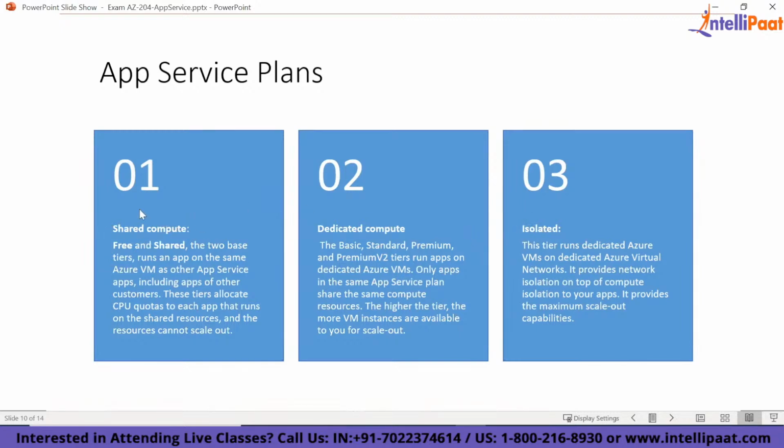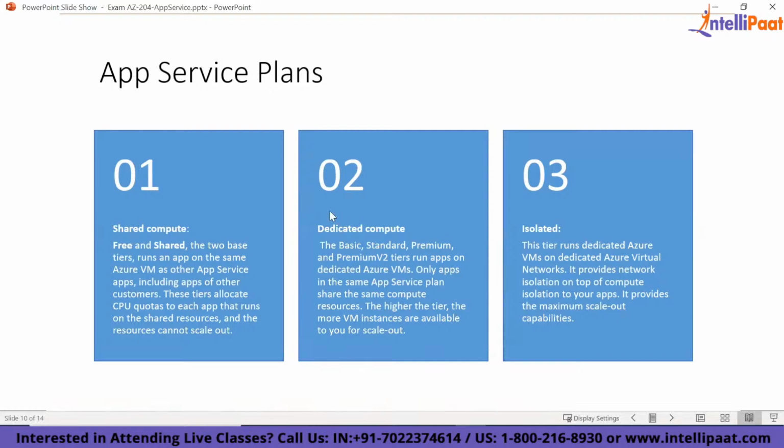What is shared compute? In shared compute, what Azure says is the same VM is going to be shared with multiple customers. Let's say I have a VM1 and your app service or your website is getting hosted there. That may be shared with another customer. So that's a cheap option for you, and you also get a free plan in shared compute as well. Then in dedicated compute, you have a dedicated VM instance which is running just for your web app. So that is dedicated compute.